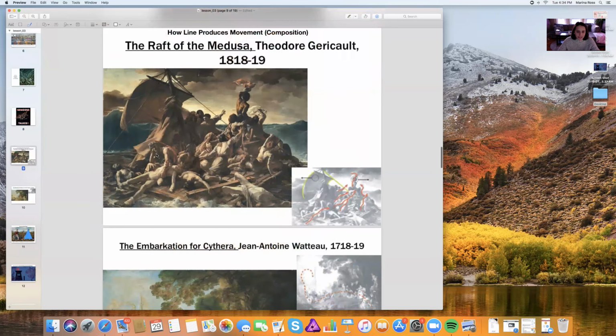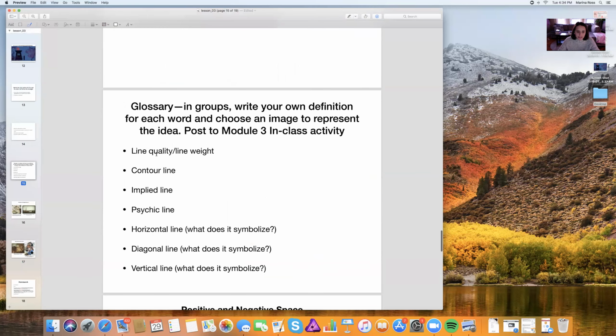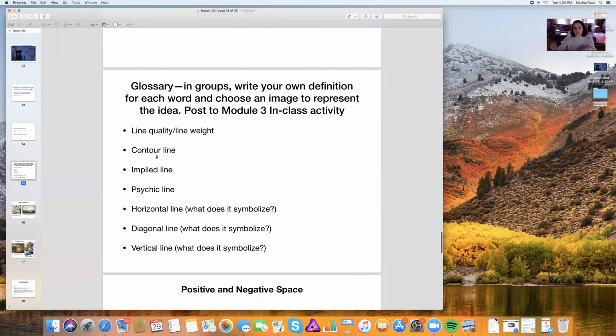So it can be something you find in the book. Try not to copy the book directly, just because I want you to apply these principles to works that you are now experiencing, and you will have to think about this for your final project. I know I keep talking about it and just want to reiterate